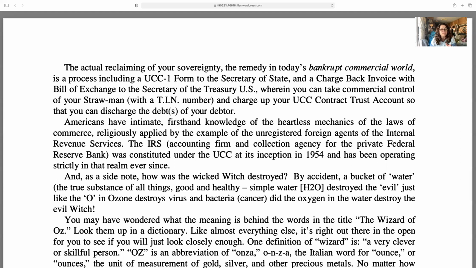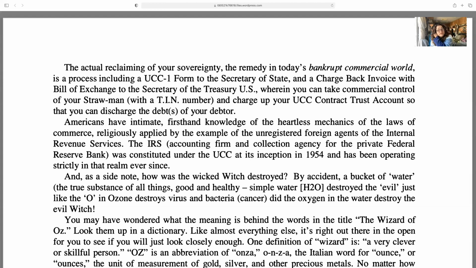So let's start from the beginning. The actual reclaiming of your sovereignty. You want that, right? You want your sovereignty. You don't want to be a slave. You don't want to be told what to do, right? So the remedy in today's bankrupt commercial world is a process including a UCC-1 form to the Secretary of State, SOS, and a chargeback invoice. I like that. Invoice with bill of exchange, write that down, bill of exchange, BOE, to the Secretary of the Treasury. That one goes to the Secretary of the Treasury,